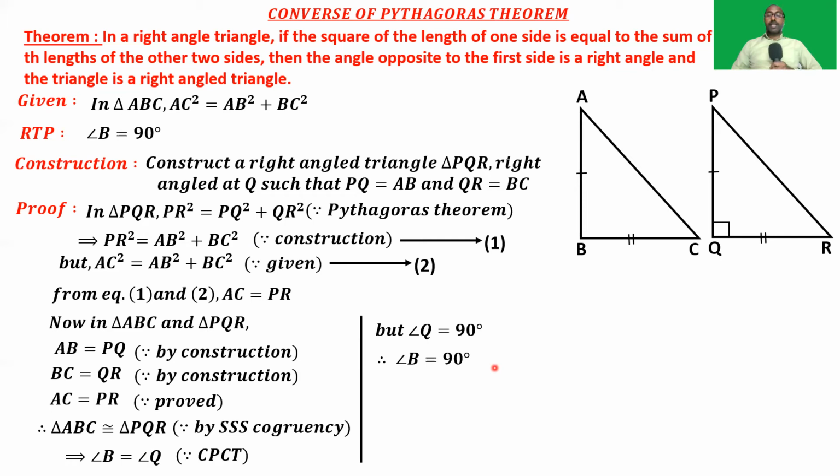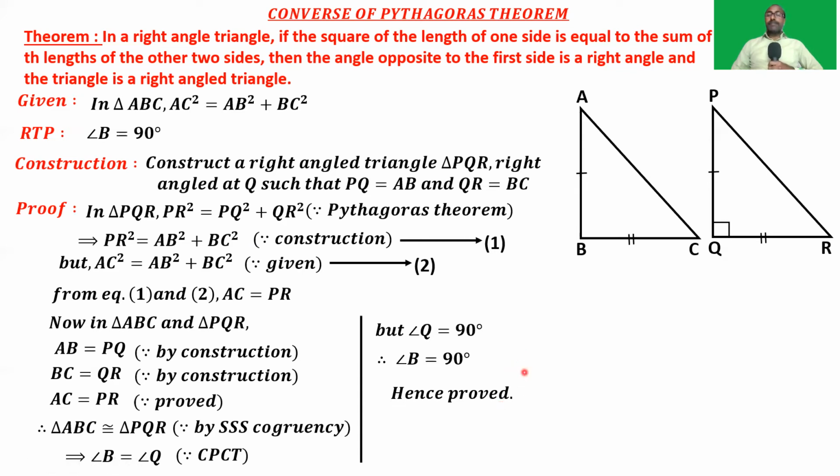So this is the converse of Pythagoras theorem. The converse of Pythagoras theorem says that in a triangle, if the square of the length of one side is equal to the sum of the squares of the other two sides, then the angle opposite to the first side is a right angle. Okay, hence proved. So using these two theorems, now we are going to solve the problems in the exercise